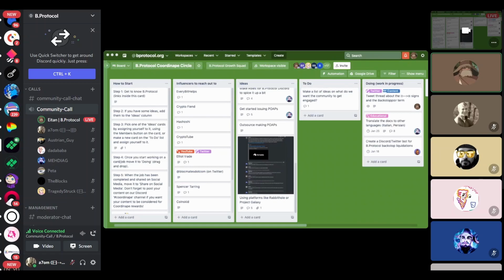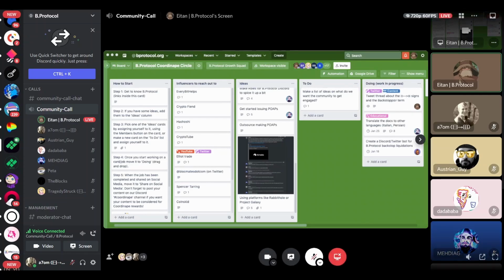We took the main idea of how it looks and how to manage it from the experience we had with Creator DAO, together with the Growth Squad. Tragedy Struck is here and Atom is here from the Growth Squad.